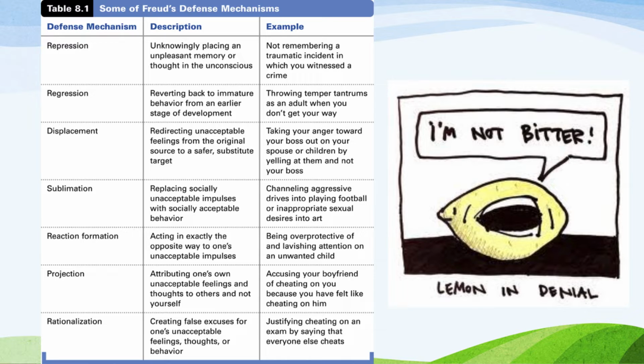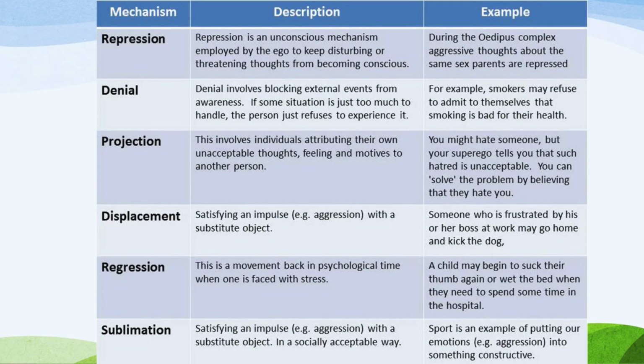We'll start off by talking about repression. So repression is an unconscious forgetting. It's a way of forgetting where you're not even aware that the memory is being forgotten or being repressed. And I want you to contrast this with denial, which happens on a conscious level. So when we're experiencing denial, we'll consciously block out events from our awareness. Like if a situation is just too intense for us to handle, and so we refuse to accept it, that would be an example of denial.